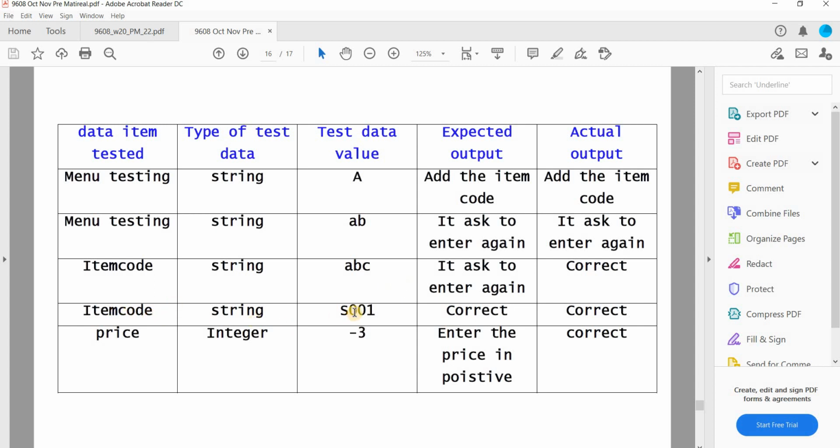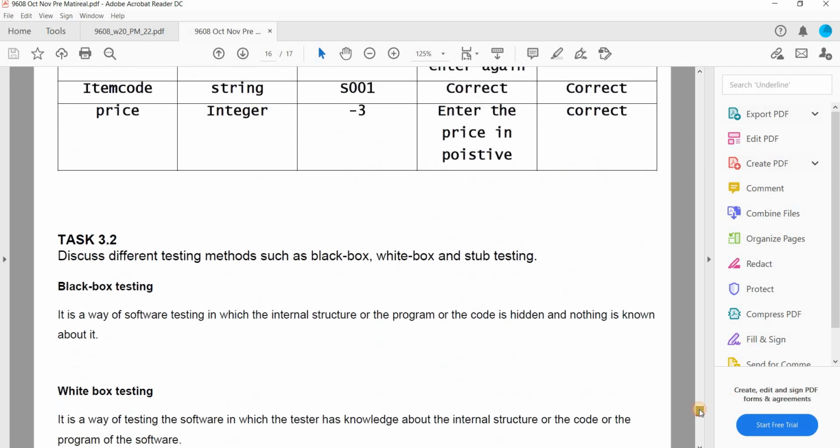Item code should start with a capital S, and then any letter of the alphabet in caps. The expected output is correct and the actual output is also correct. Price: if you enter minus 3, it will ask to enter again, to enter the price as a positive value.